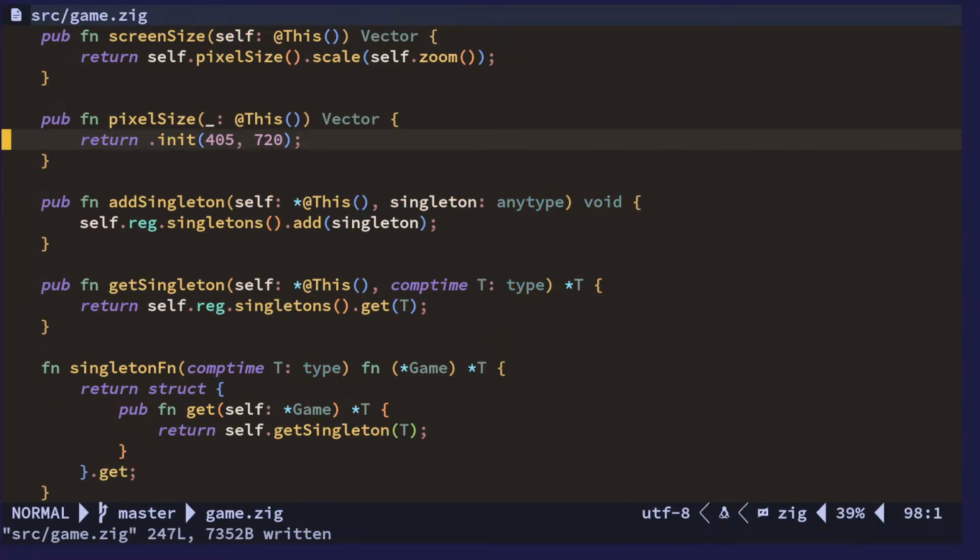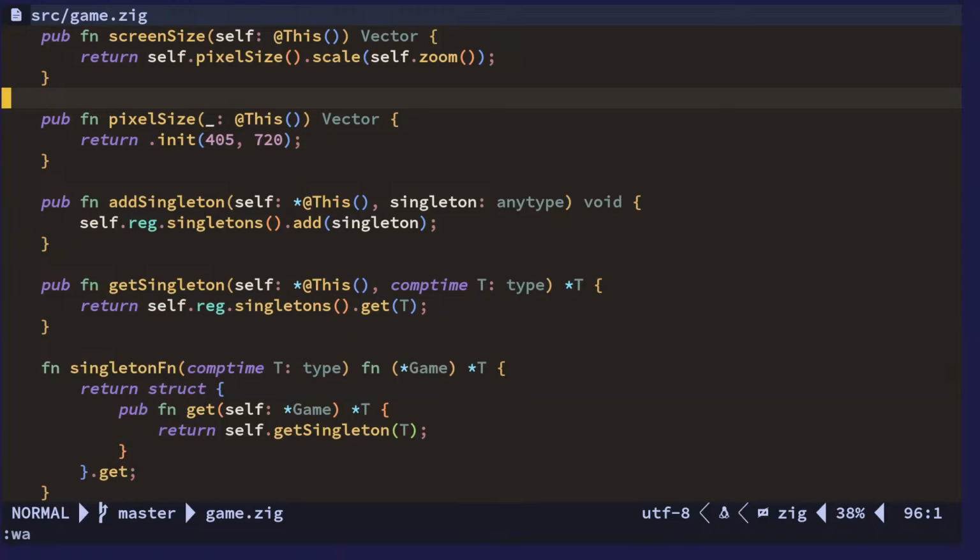So 405 by 720. That's the pixel size. Wait, does that work though? It's just going to be that the height is 720. Actually, you know what? No. Well,